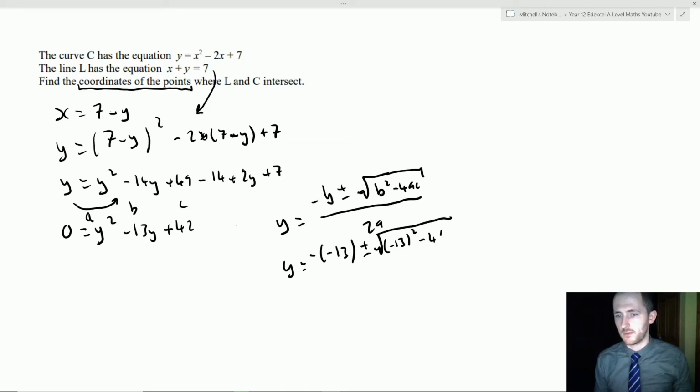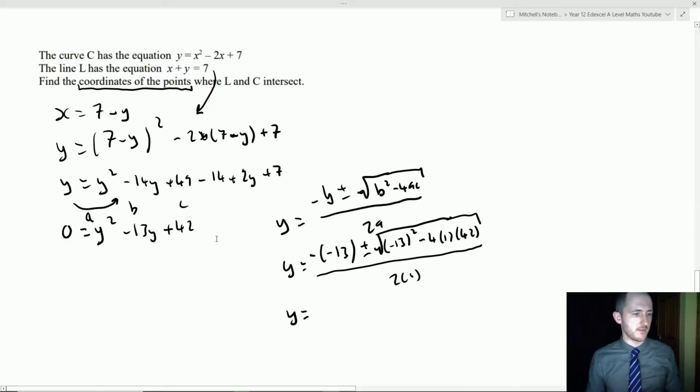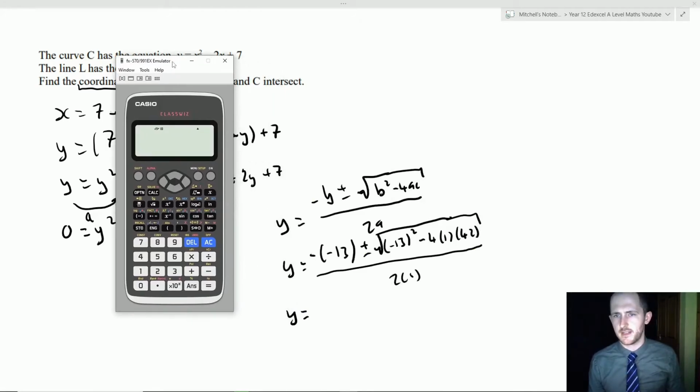Minus 4ac. And then, using the power of technology, I can actually show you exactly what I'm doing on my calculator because I have an online one. So we have minus 13 plus, and I start with plus just because, b squared minus 4ac